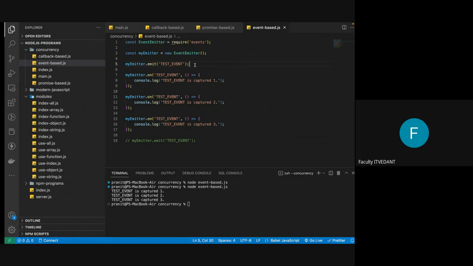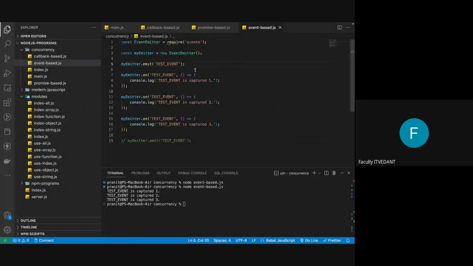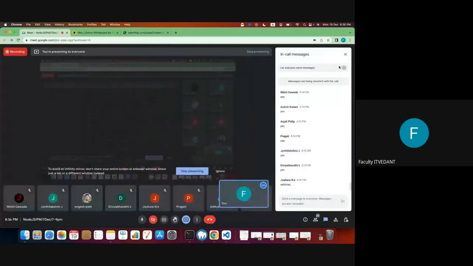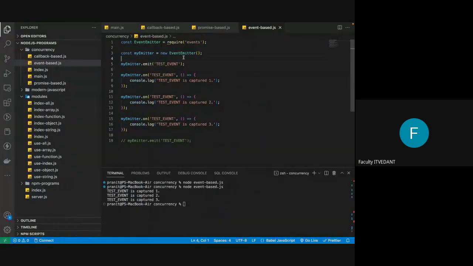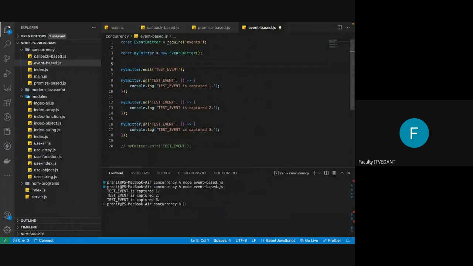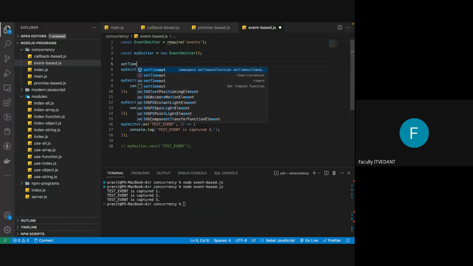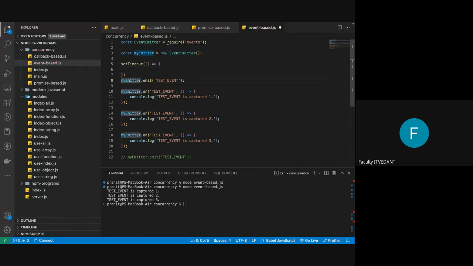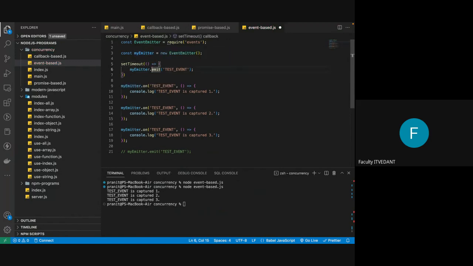Anyone can tell me what I should do here? Sir, we will use set timer? Correct, we can use set timeout. What will set timeout do? It will delay my execution by that time period. Till that delay is there, you are already subscribing to all the events, right? So you can use set timeout here. You can put even 1 millisecond, that will also do, or you can do 0 milliseconds as well,